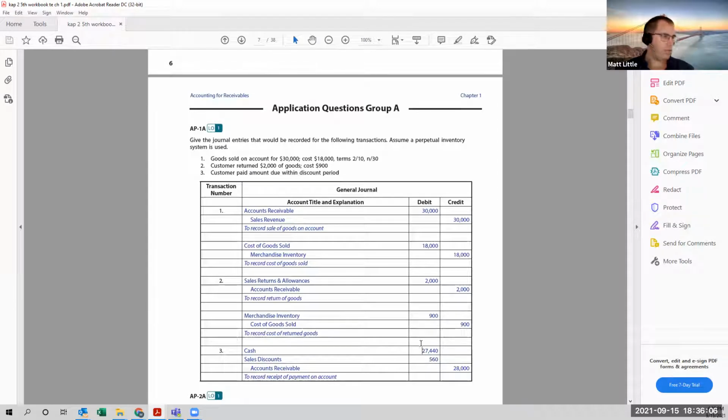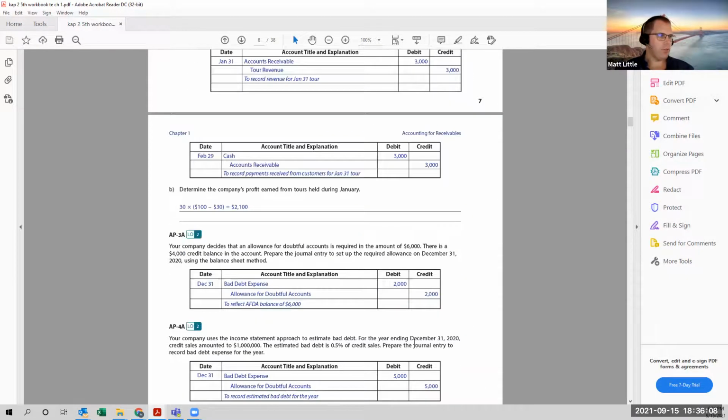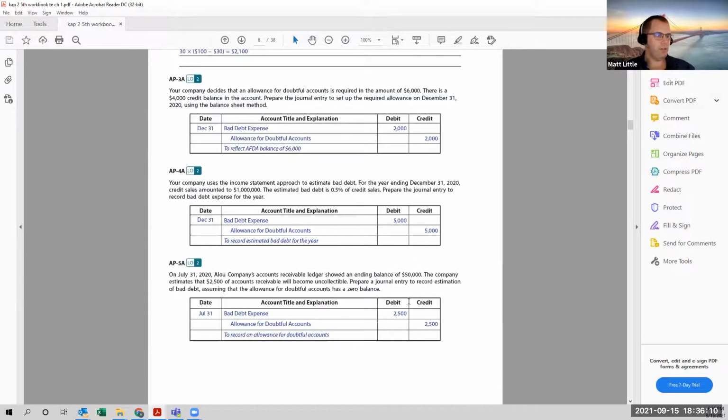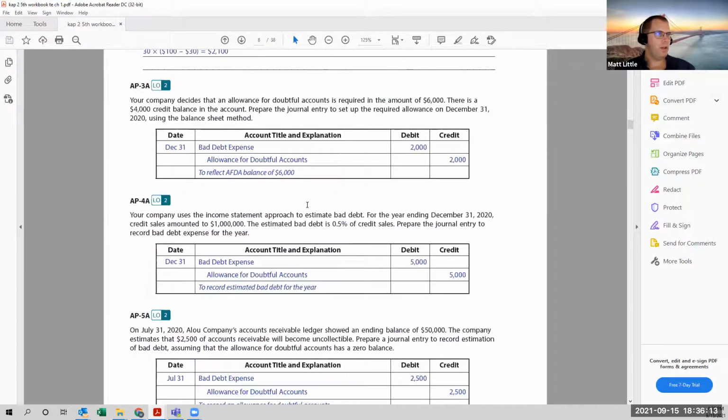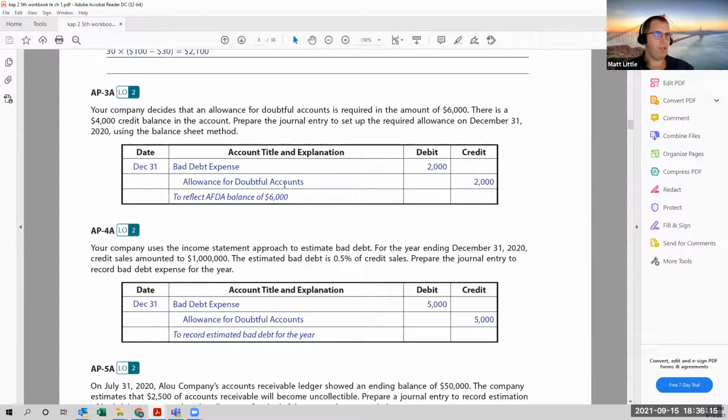Okay, we're going to move on. Let's scroll down to question 3. So here's an example of where we want to set up an allowance for doubtful accounts. In this case, we've decided that we want to set up an allowance for doubtful accounts to the amount of $6,000. There's a $4,000 credit balance in the account right now, and we're asked to prepare the journal entry using